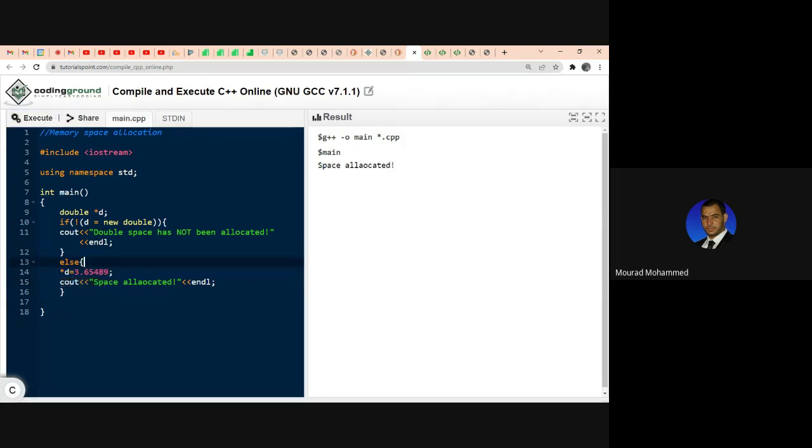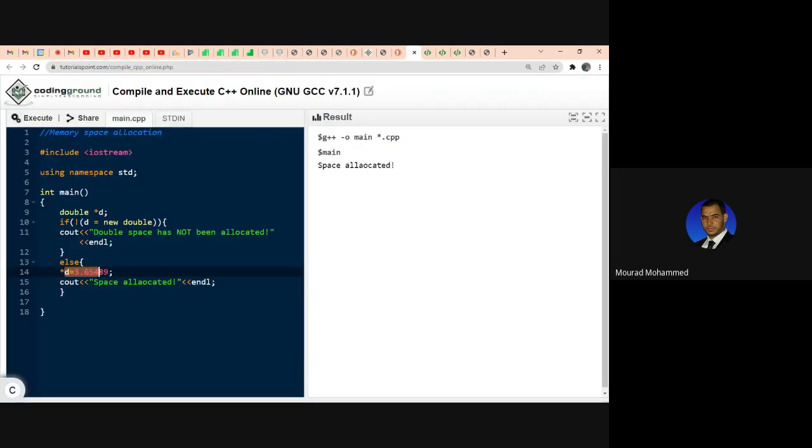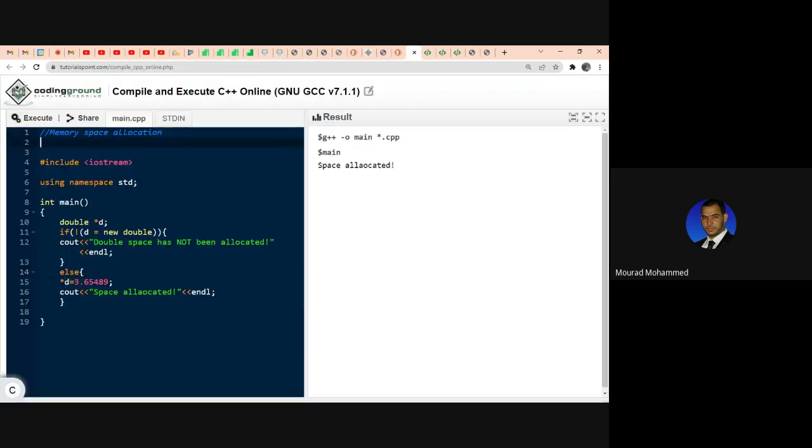So here it clearly works and is fine: we allocated a block of space given to a double. Last task. C++ is going to allocate a block of memory space of size n. Size n means not only one block for one double, but we have n blocks for n doubles, for example, or n ints or something like that. Simple. So here I'm going to make a modification to this class for,